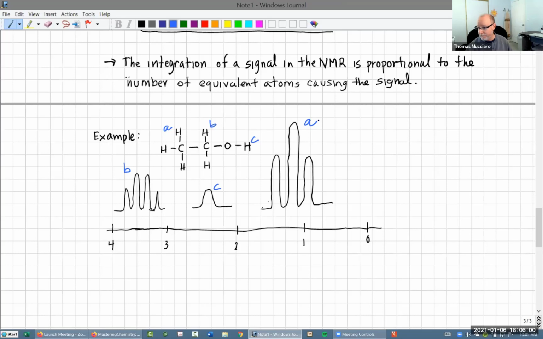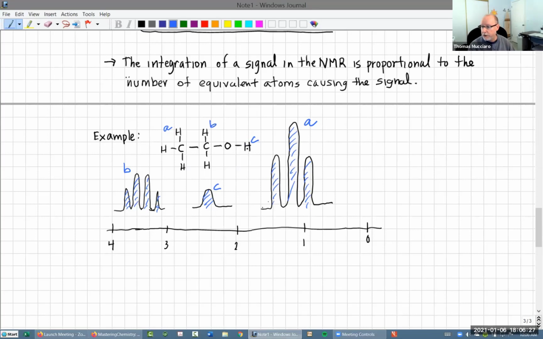They're probably not to scale. This would be what they would look like in a really weak NMR. As I said, in a really weak NMR, the peaks are kind of broader. In a more powerful NMR, they'd be a lot closer together and a lot narrower, okay? At any rate, what we would see is that